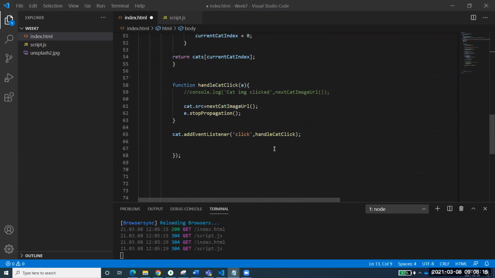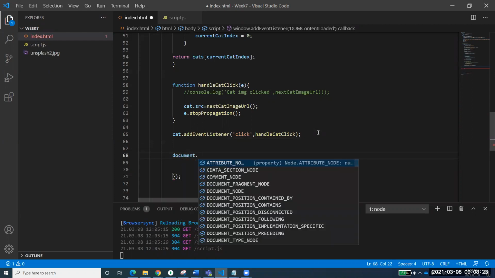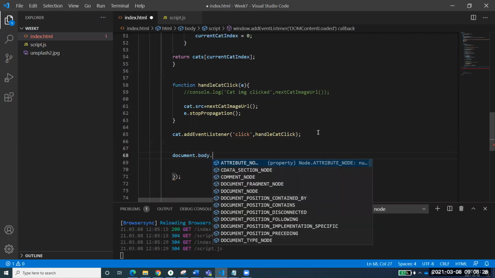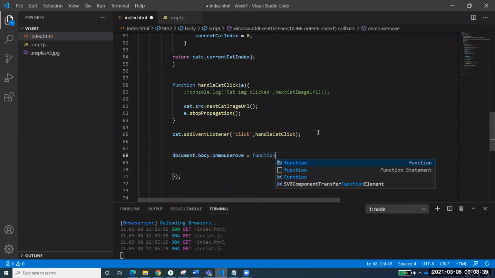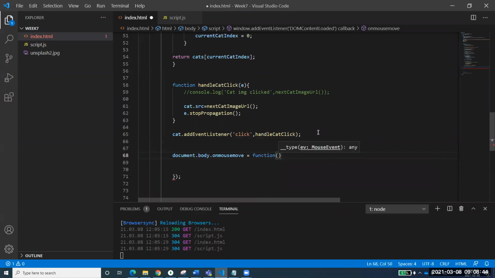Now see, come here in your code. And here, after that event listener, I want to do something interesting. document.body.onmousemove. I told you that there are different events that you can work on. So on the body's mouse move, I want to run a function. And of course, this function will have an event. Remember, we have talked about event. We have passed an e or event, whatever you call it. Right? Now let's do one thing.